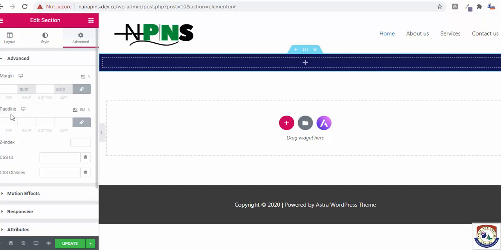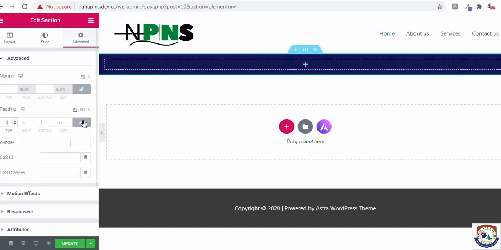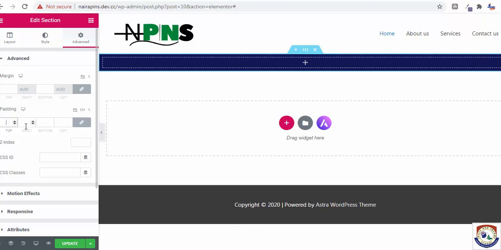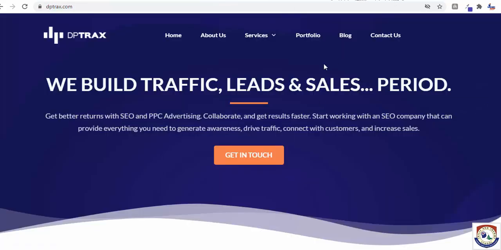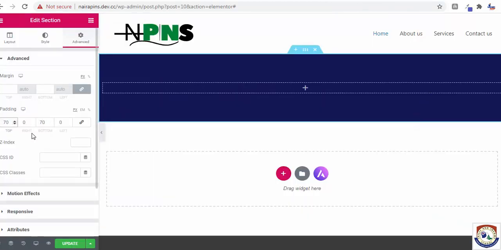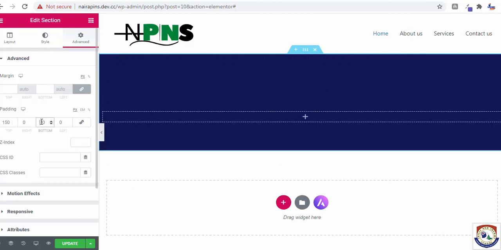you go to padding. You see padding. So if you choose 5, everything will pad. Okay, but we don't want everything to pad. Okay, we want only the upper and the lower part to be padded. So you have to delink this. You have to turn off this link, because this link means everything, whatever it applies here, we apply throughout this column. So now this top section, I can just write 70. Let's see 70, and bottom, let me write 70. Okay, it's still not okay, because this one is still wide. So we are going to increase it to, let's say 150. Let me increase this one to 150 also.